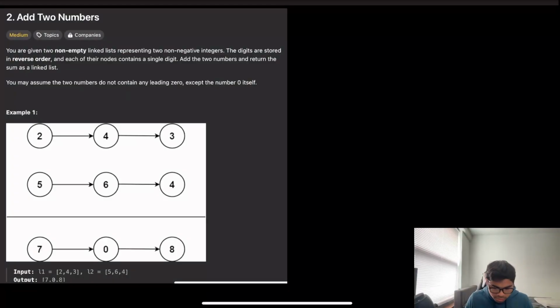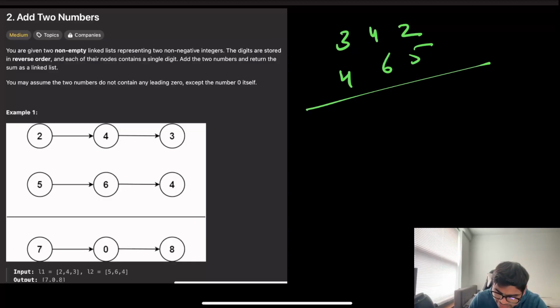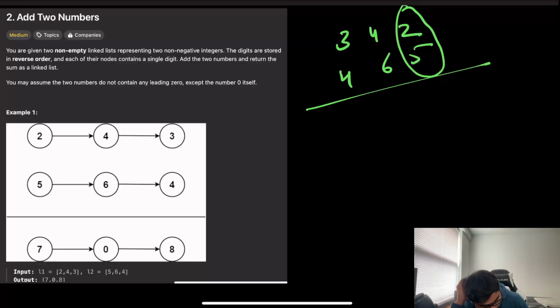So here in this example, we're going to add 342. This is what I meant. And 465. When we are adding these, we're basically taking these two digits. Imagine they were represented the other way, then it would be difficult for us. We would have to convert them to a number and then do it. So here we know that we're going to represent each digit by a node. A brute force solution would be just